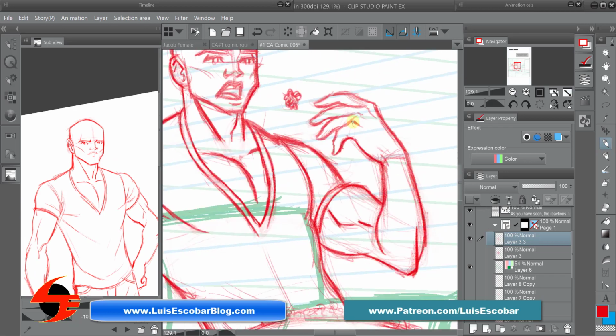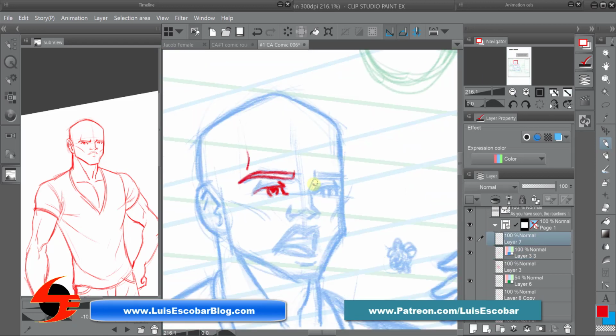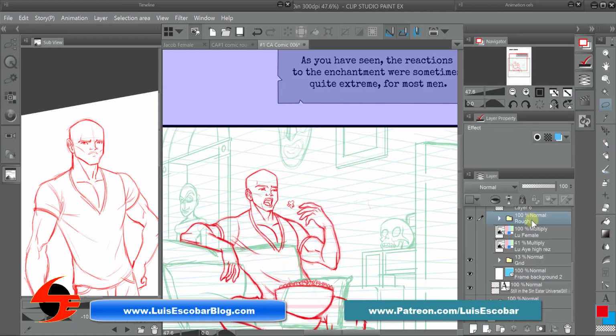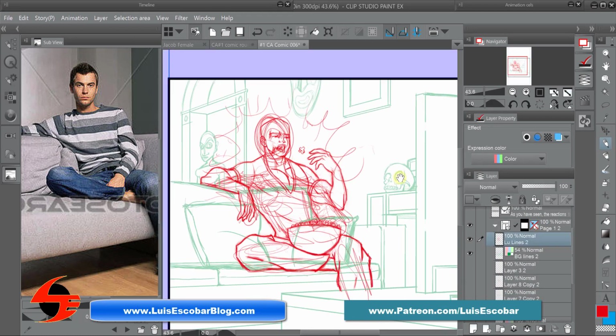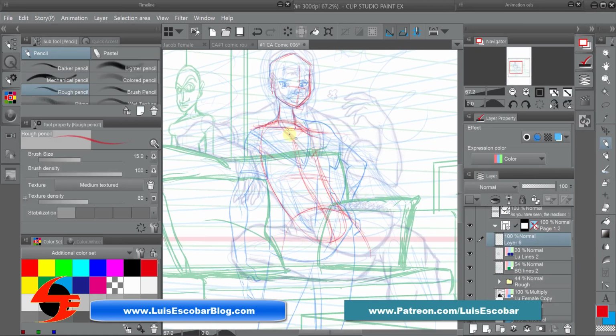Everything needed to feel authentic. And then now I'm tightening up the line work. It didn't need to be absolutely perfect, but it needed to at least be clearer. And so here is the final version of the one pose. So now it's time to draw the rest. And now that I've gotten the main pose, here's the